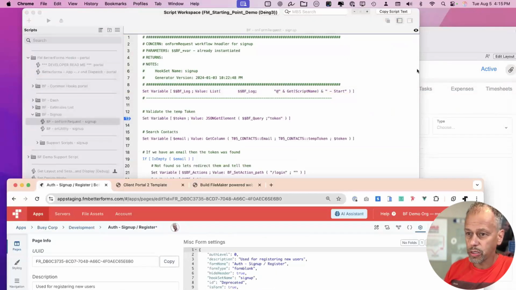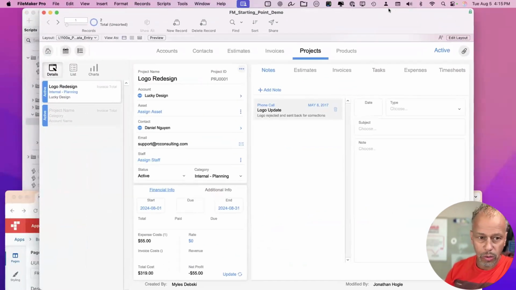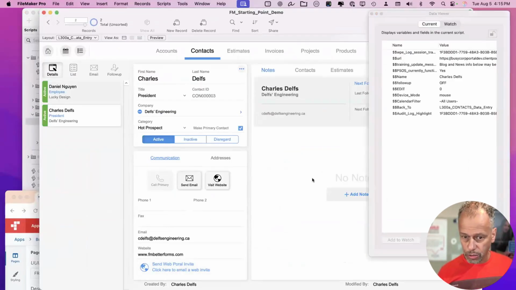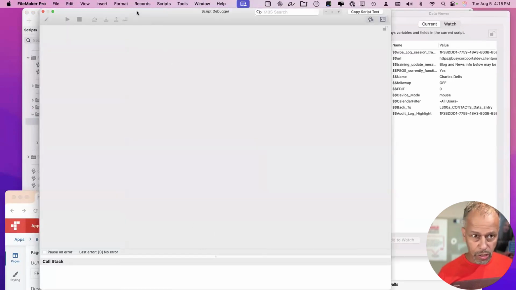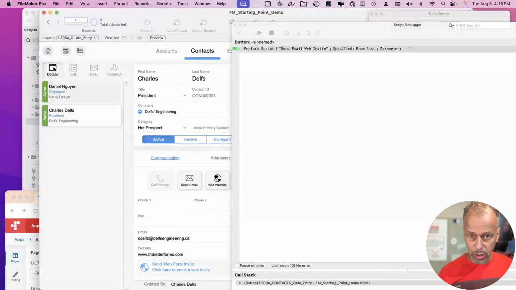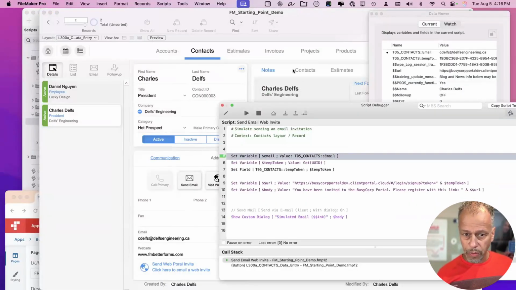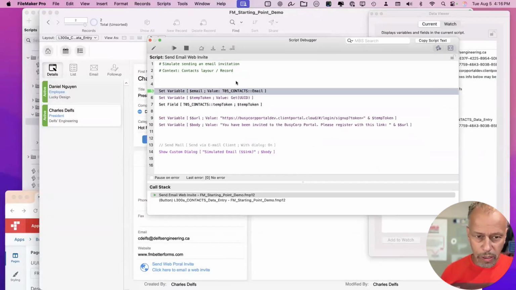We went into the contact. And we ran, let me see if I can actually find that script. If I just run this, we can actually see it run. Okay, we ran a very, very simple script. Here it is here. And it's grabbing the email